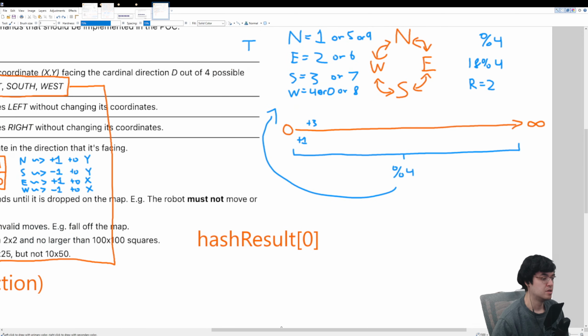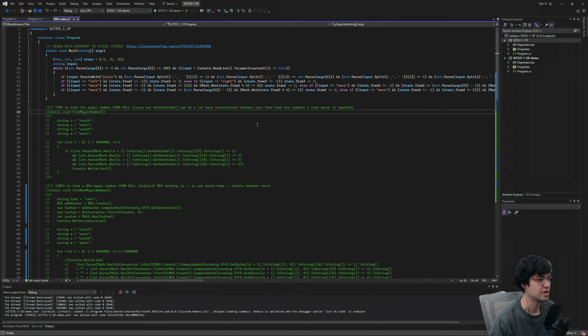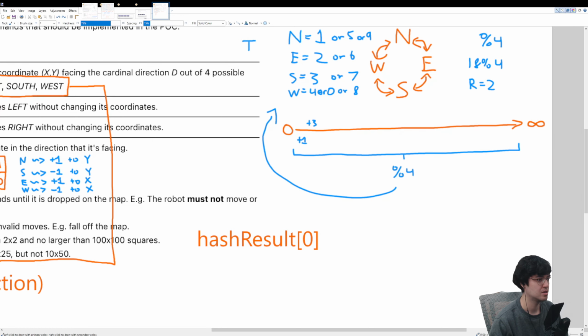So let's get into some code now. This is the file which I submitted as my 1.1 submission. So we have the state that I talked about earlier. We have the input, which is just a string, and that's just reading the console and making it lowercase. We technically don't need to handle the lowercase, but it doesn't cost us anything to do it, so we might as well. You can see here we have handling for the map size, because if we look back at